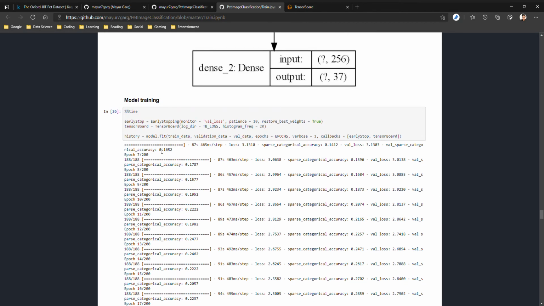Then we define some callbacks. The callbacks we use are early stopping. Early stopping prevents overfitting by stopping the model training when it does not improve any further. We are monitoring the parameter validation loss as a target for early stopping, and the patience is 10, which basically means that the model will continue to look for 10 further epochs before stopping if the validation loss does not